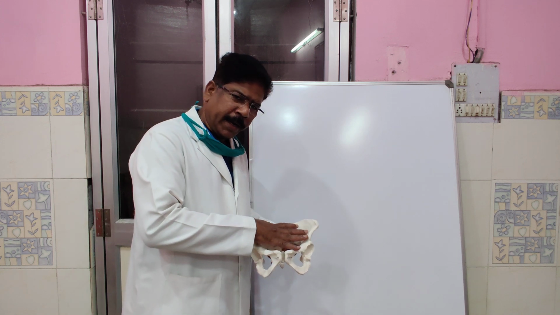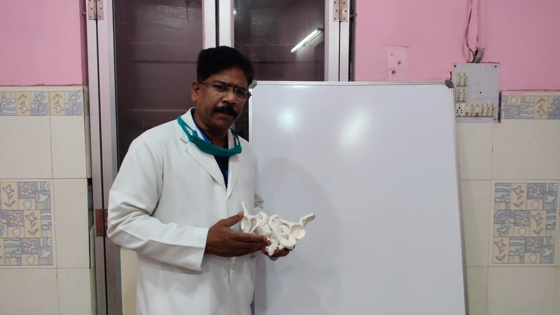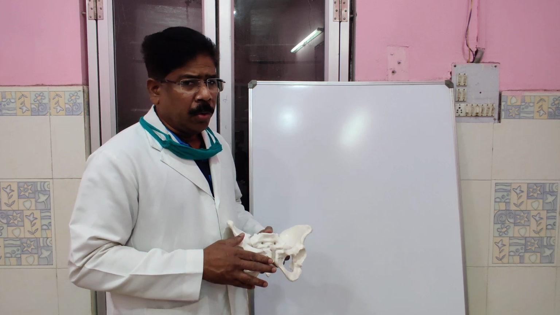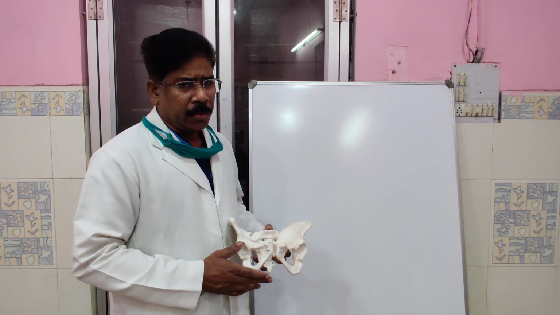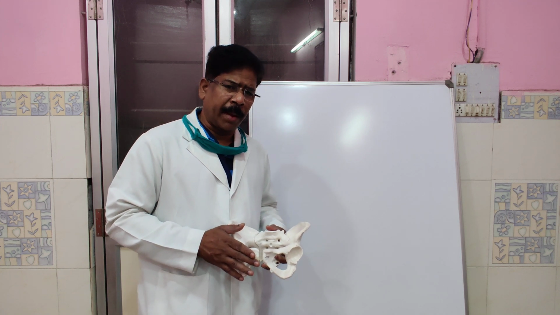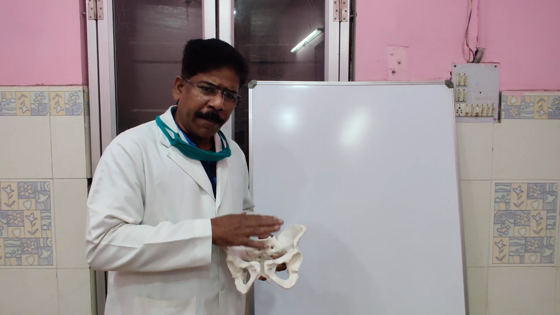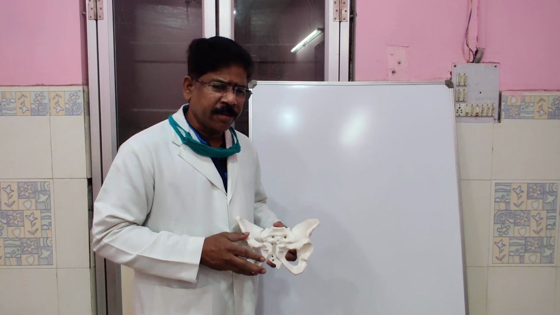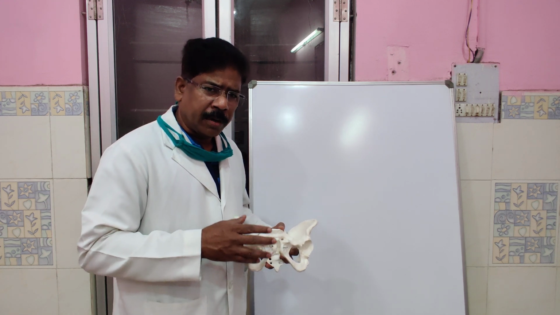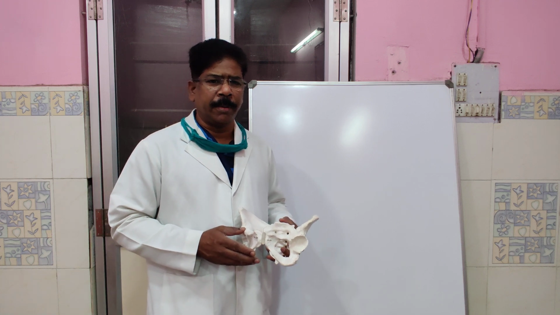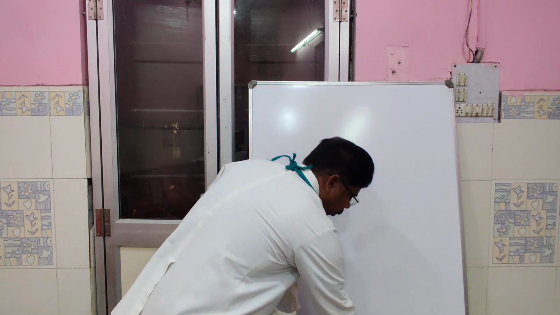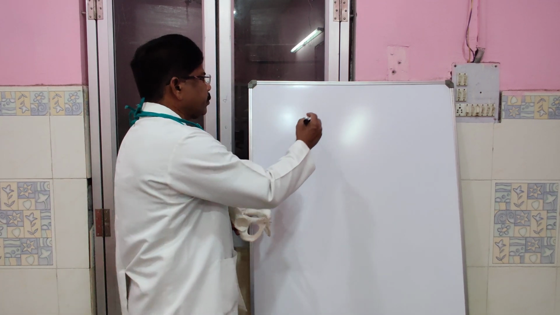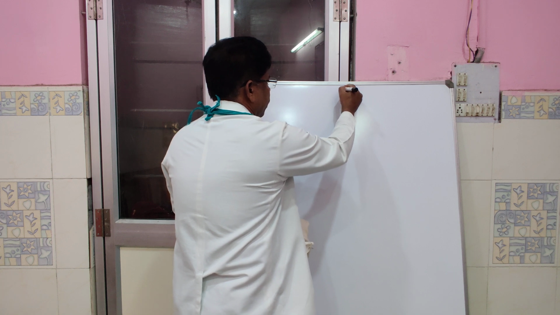Apart from the inlet and the anatomical outlet, there is another plane called the plane of least pelvic dimension, which divides the true pelvis into the segment above it and the segment below it. The segment above the plane of least pelvic dimension is known as the cavity of the pelvis. It is the roomiest space, and the segment below the plane of least pelvic dimension is otherwise known as the obstetrical outlet. So till now we are aware of the bony pelvis,